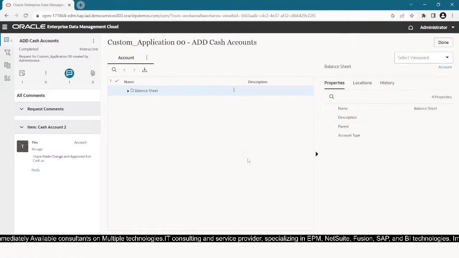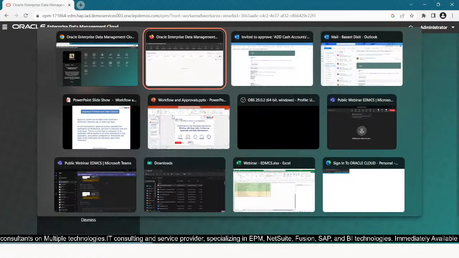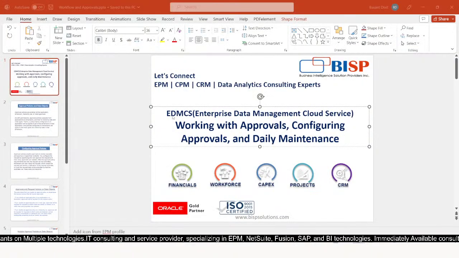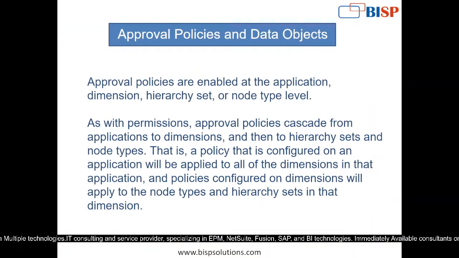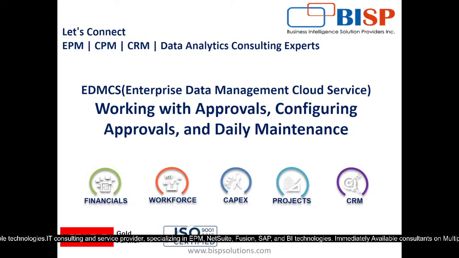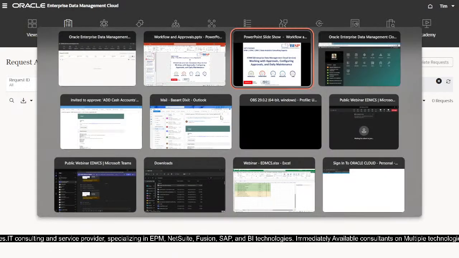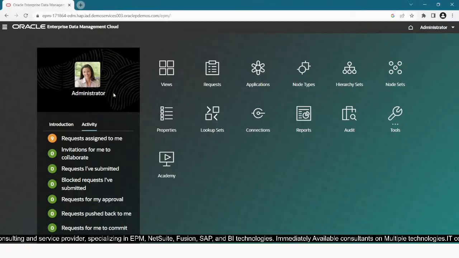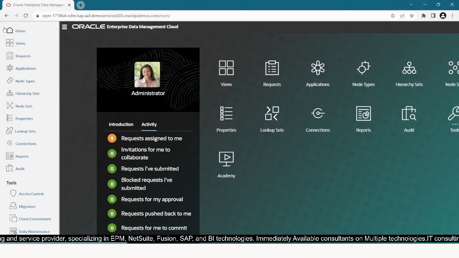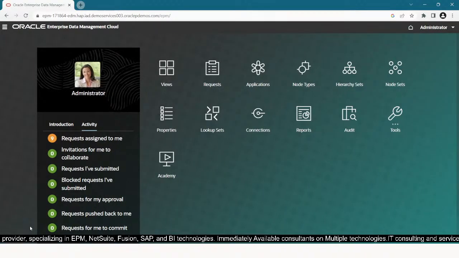Okay, so this is the approval policy. Let's move on to our second topic, that is daily maintenance. So in daily maintenance, basically it's a very simple thing. So let me go to admin again. So we go to navigator. This is daily maintenance,